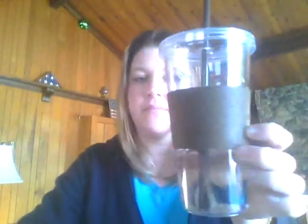Another doodad that I don't know if would be considered a doodad, but I really like this because I am a water drinker. I've got several really awesome water bottles. I'm sort of one of those types of people when I come across a good water bottle, like I said, I buy a couple of them, and I always have them handy. My kids tend to use my water bottles more than I do. But something that I have found that I really like are these